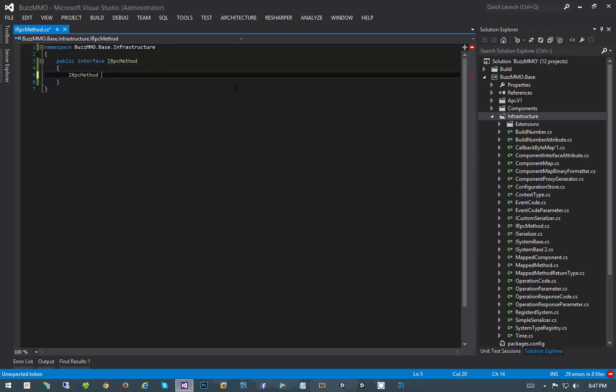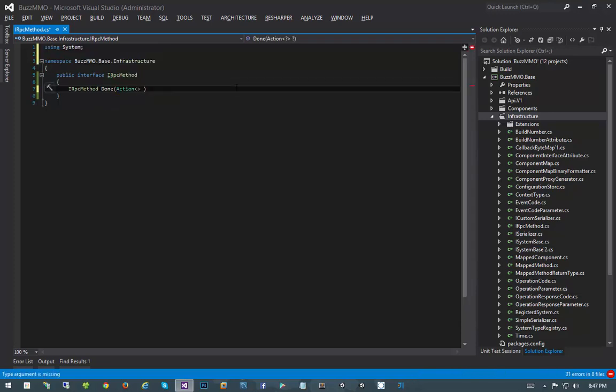So we're going to have a few of them. We're going to have done, which will have one parameter, which will be an Action of IRPC method, called onDone. So what does the done method do? The done method simply queues up a delegate to be invoked when the server gets back to it. We're going to have a fail,